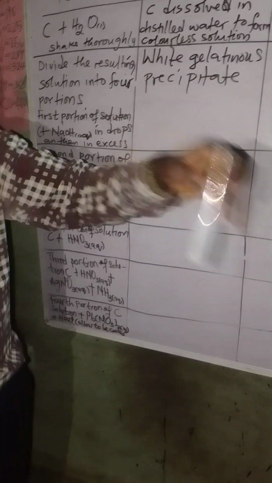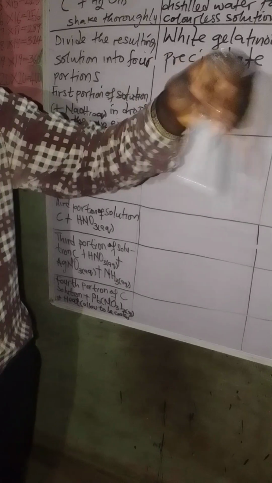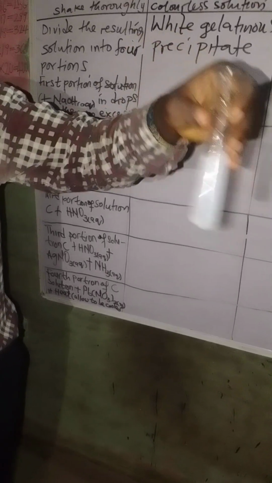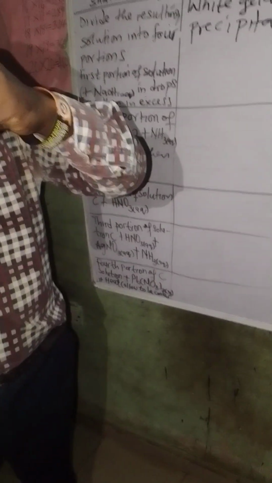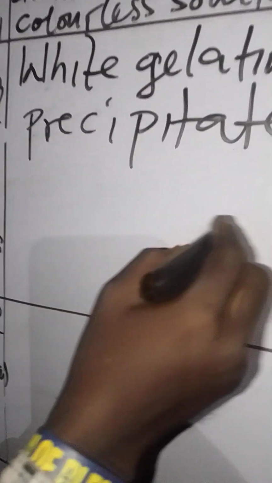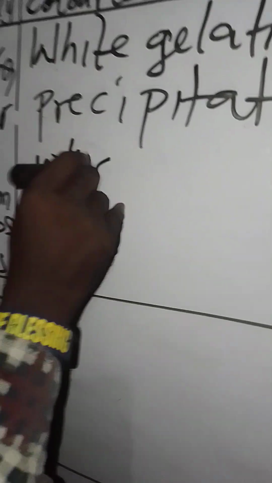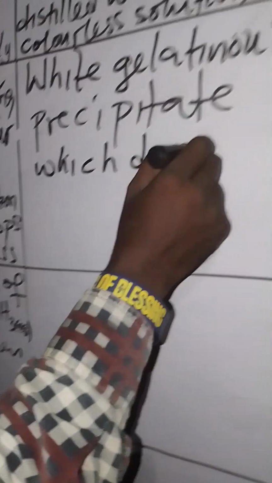It will dissolve totally and you will not see anything there again. They are dissolving already. Can you see? They are not as cloudy as before. So you report that the white gelatinous precipitate dissolved